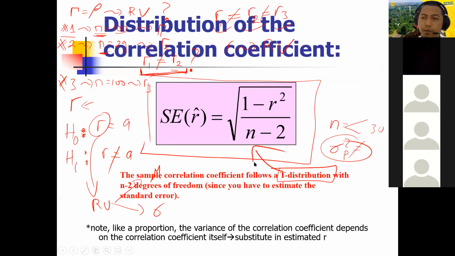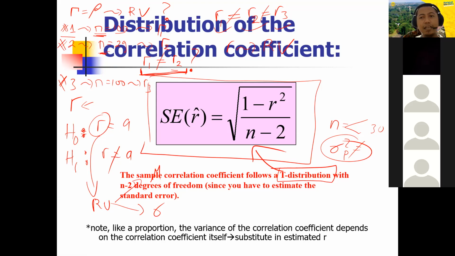Back to our PowerPoint. Since the correlation coefficient is a random variable, it means there is a probability. Since there is probability, there is uncertainty, so we have to calculate that uncertainty. To calculate the uncertainty we can use hypothesis testing.